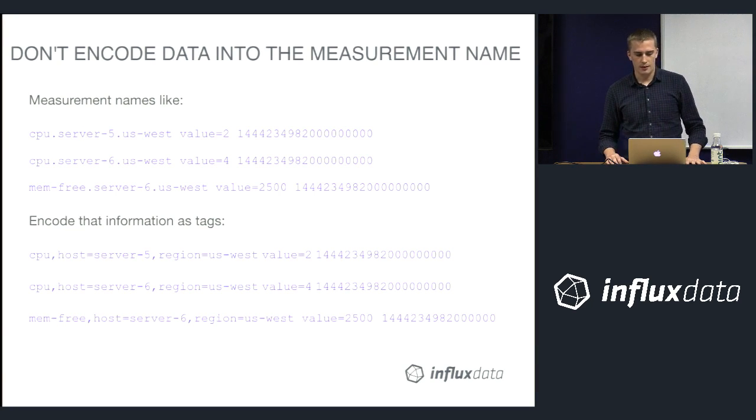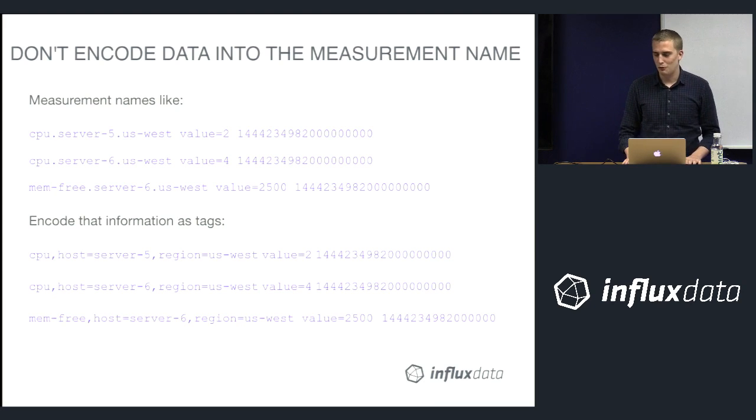You're coming with a concept of what a measurement name should be, and in Graphite, obviously, you've got these separated with an identifier, so usually a period or some other spacer. And in InfluxDB, that's not how you want to use the database, because